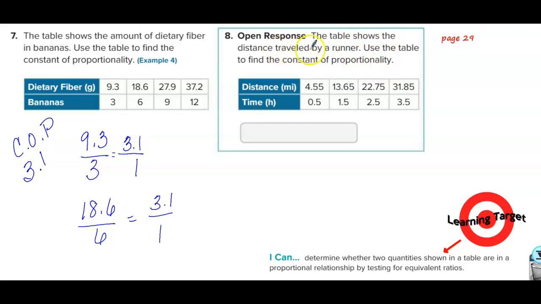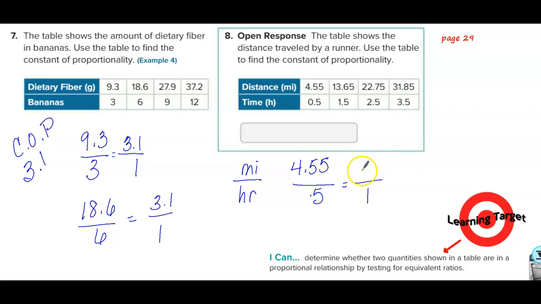The table shows the distance traveled by a runner. Use the table to find the constant of proportionality. Now, we had a conversation about this the other day in class. Is it possible to have a constant of proportionality when you're running? Well, we didn't think it was possible because you would get tired, but this seems to contradict what we believe. Let's see. We were going to do this obviously in miles per hour, so let's see if this really is a constant of proportionality. If we can do 4.55 miles in 0.5 hours, and we want this to go to 1, we would divide top and bottom by 0.5,